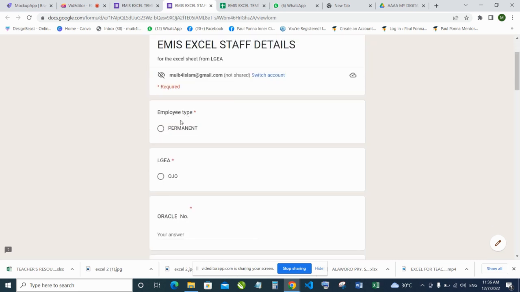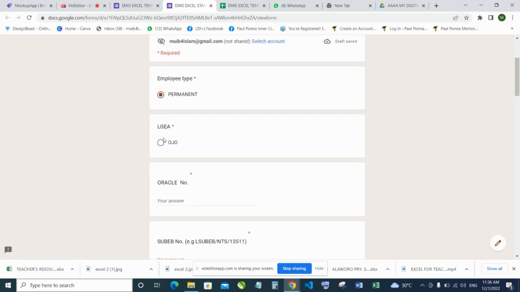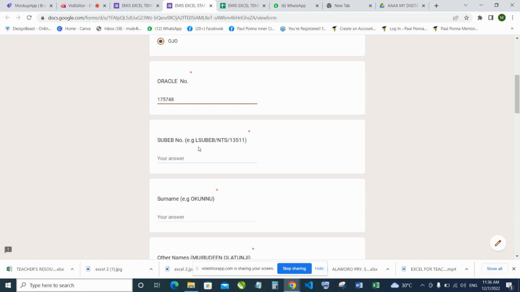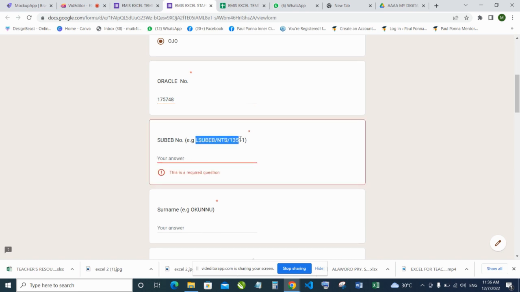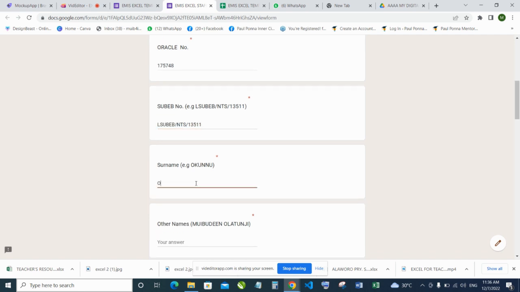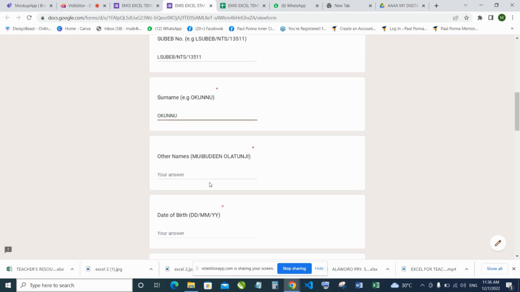So for this form, the employee type is permanent, LGA or job, Oracle number 175748, suburb number. Let's say this is my suburb number, for instance. So let me type in LS suburb slash NTS slash 13511. Surname Sonny Okunu. Other names Ibodin